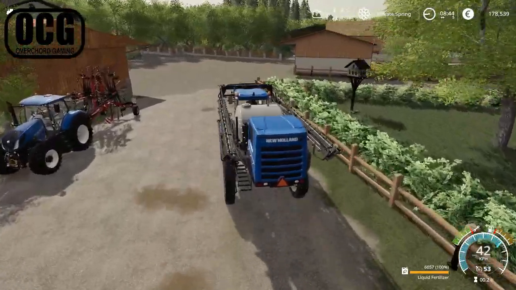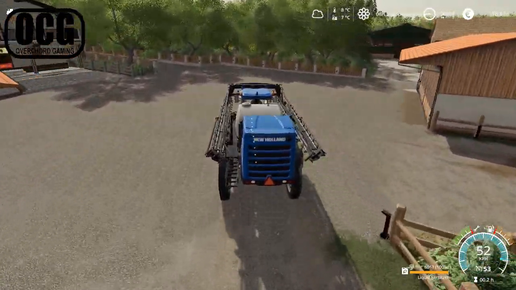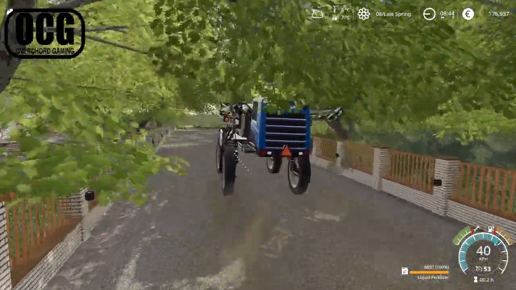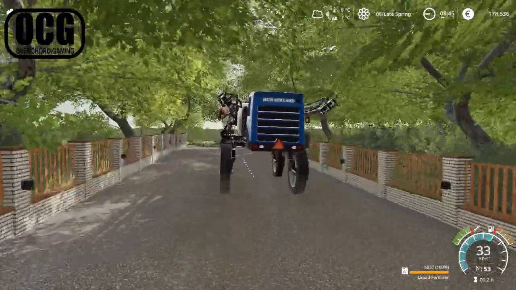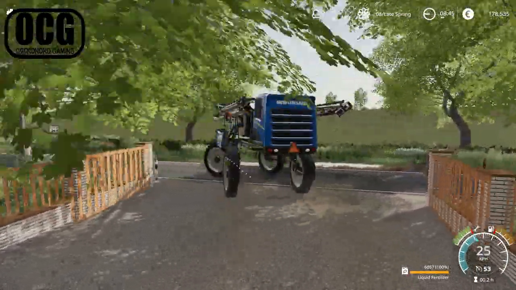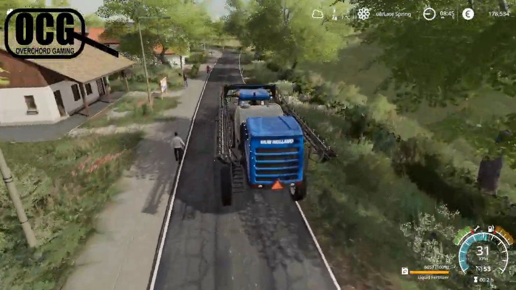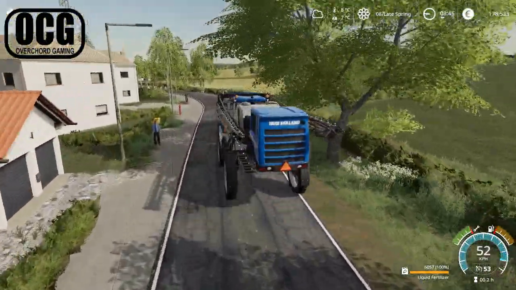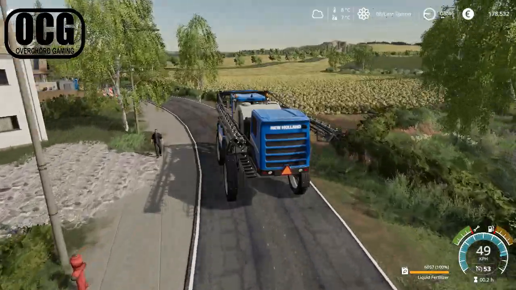So we've got a little distance to drive in the sprayer to get up to the field. Here's the field that's furthest away. The fields closer to us have actually had all the fertilizing that they need this year. So the only fields that are left is this canola field and then I think the corn might need a